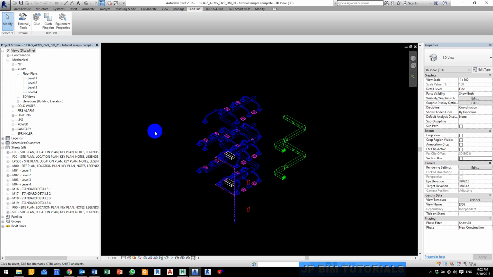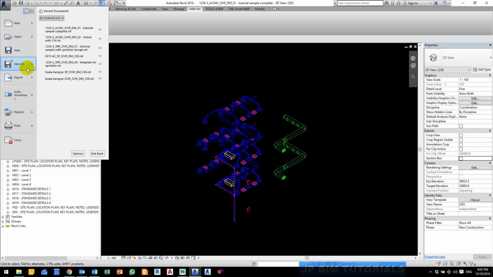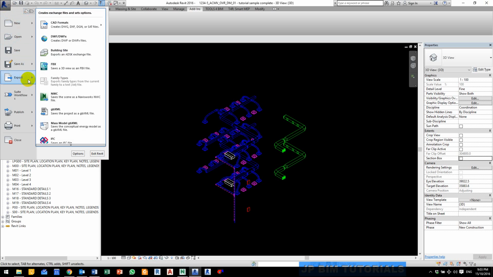So the second one is by converting it to DWFX. So click on the Revit logo. Sometimes this takes a while to load, so just let it load. So once it is loaded, click on export and click on DWF/DWFX,